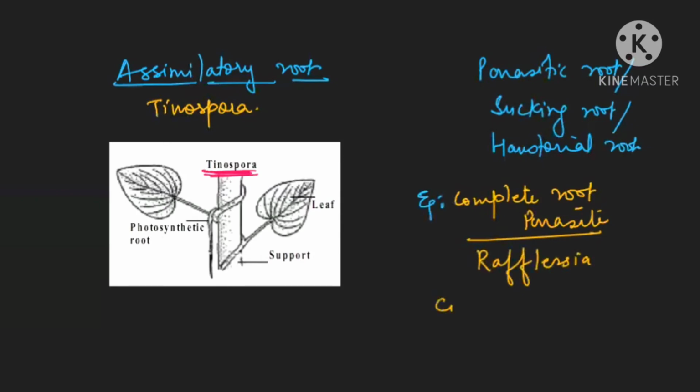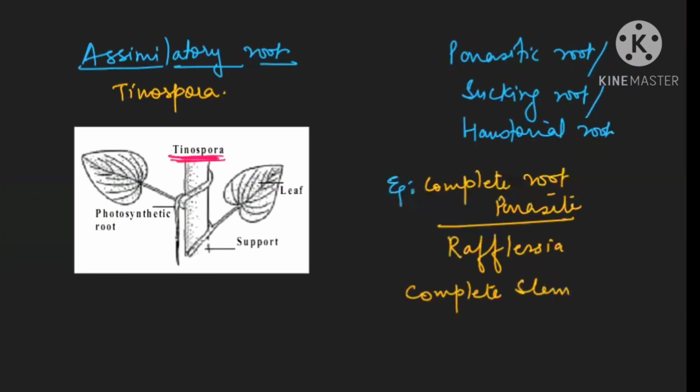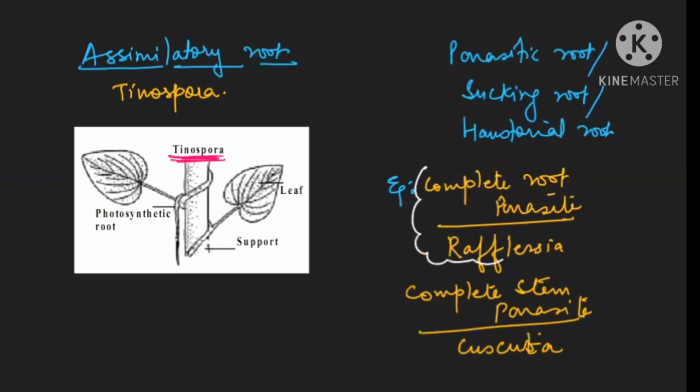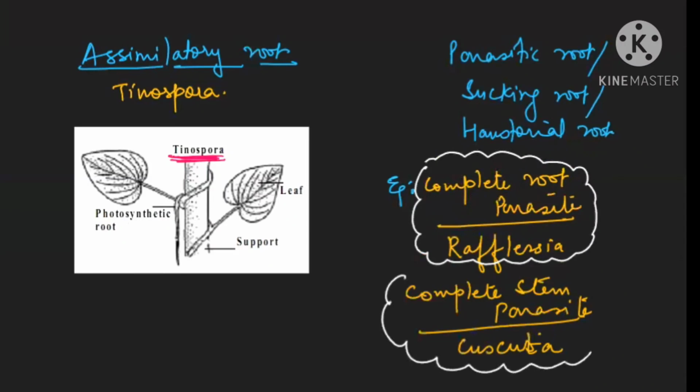And complete stem parasite: this example is your Cuscuta. Cuscuta is a complete stem parasite. Complete root parasite is Rafflesia, they have haustorial roots, and complete stem parasite is Cuscuta. So these are a few examples of your adventitious root modification. Now let me make